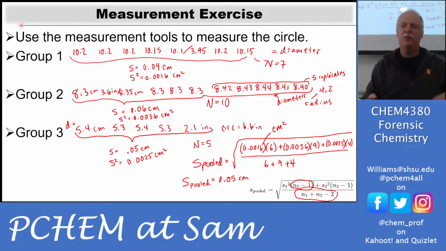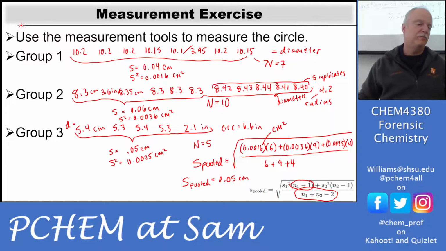Okay, same thing for the pooled standard deviation. Anytime you're taking averages, those are all unitless numbers, they're exact numbers. But you have the centimeter squared. Once you take the square root, we get back to centimeters. So their standard deviation has the same unit. So this would be the standard deviation for the whole state.